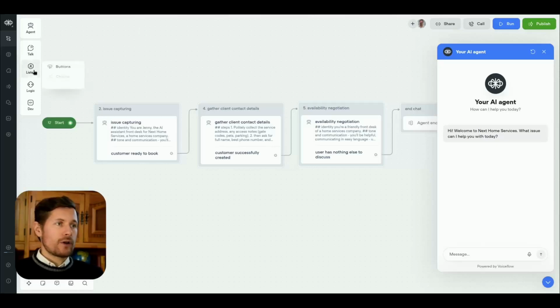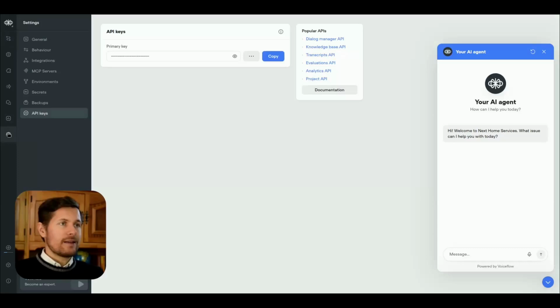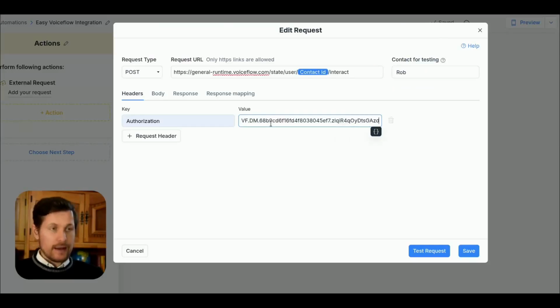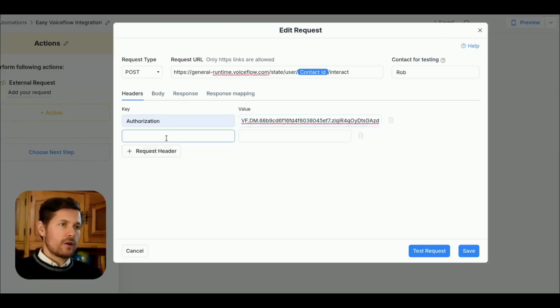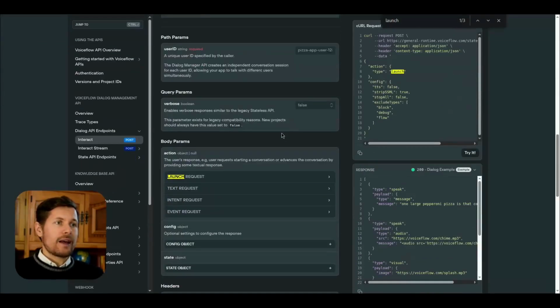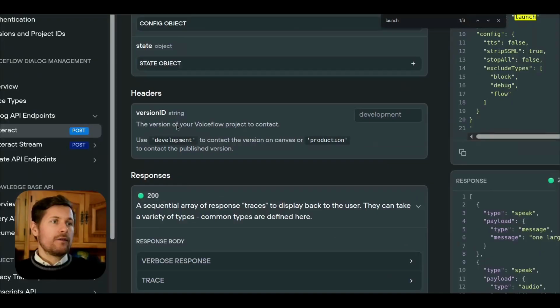Well, we go to our project, and here on the left we have settings, and then here on settings we have API keys that we will click, and then we click copy. So this is the API key that we paste in here, and then we have another header called version ID, and the version ID is either development or production. We can see it here in the API documentation that it is a required field here, header version ID, and